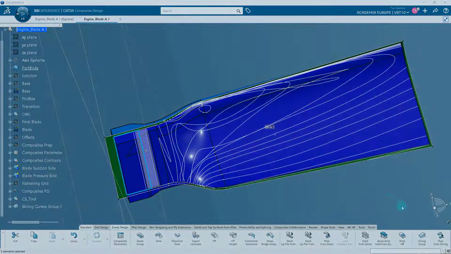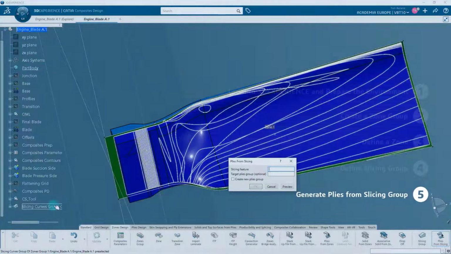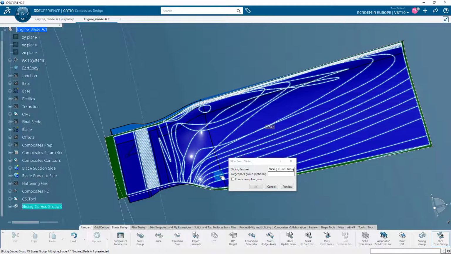Finally, let's generate plies from the slicing group. In the Zones Design section of the action bar, click on the Plies from Slicing icon. Select the slicing curve group previously created from the specification tree as the slicing feature. Either specify the target plies group if you want to insert the new plies in an existing plies group, or